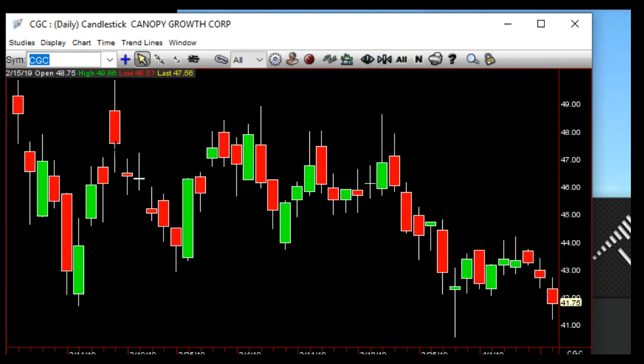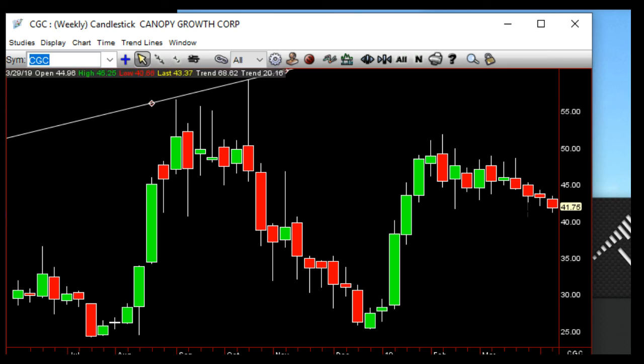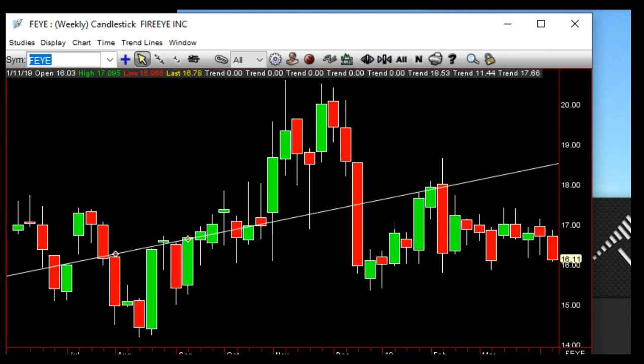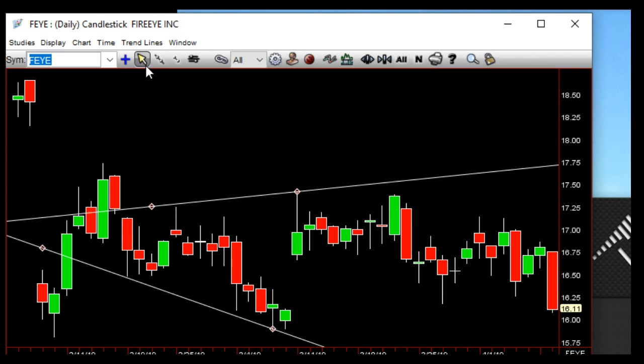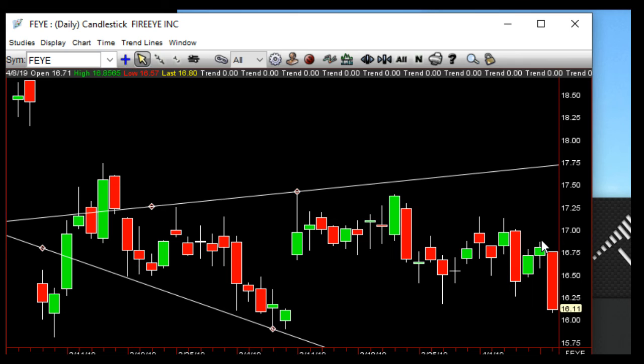CGC, not too exciting, but it is slightly inside, weak and down. FEYE, we saw some strength in some of the cyber stuff, but not here. And so there's FEYE taking out last week, so there's tight range and stuff in here, so just be aware of that. But most importantly, from some of the stuff I tell you here tonight, you can learn to see it for yourself. Whether you're going to take these setups or not, you're going to see this in everything. And so once again, you're going to see the RevStrat FEYE daily. Inside bar, 2, boom. Took them all out in one shot.